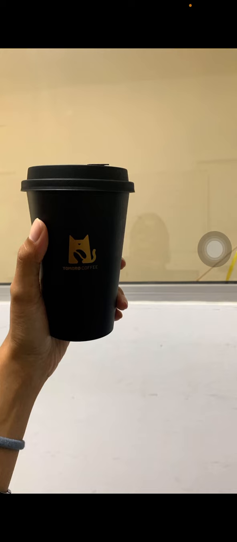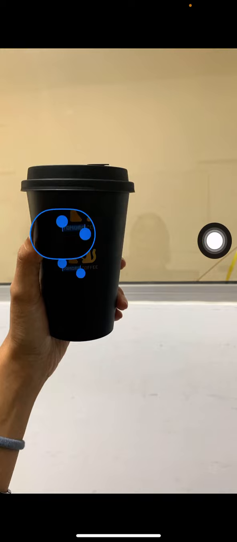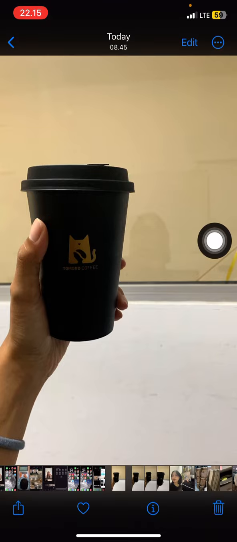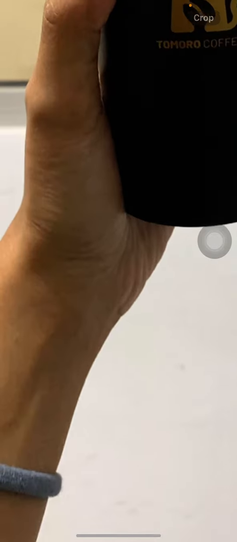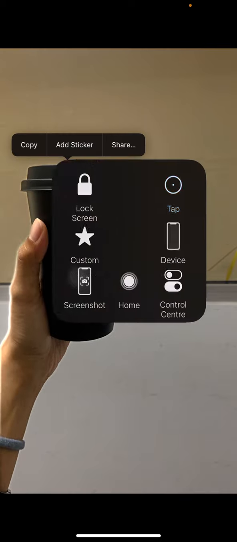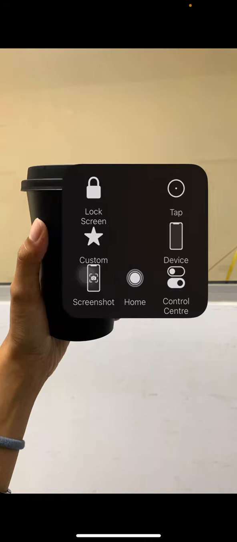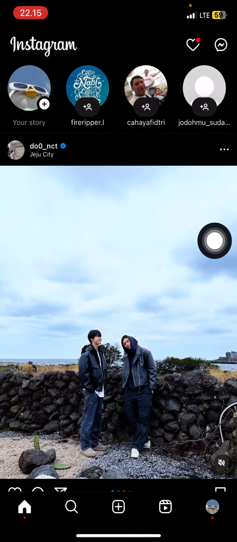Yeah, you just need to prepare the picture that you want to change the background color of. Then you just need to tap into the object area and hold it. Tap and hold, and the glaze color comes up. Then you just need to tap copy. Now go back to your home screen, open your Instagram, and swipe to the Instagram camera,